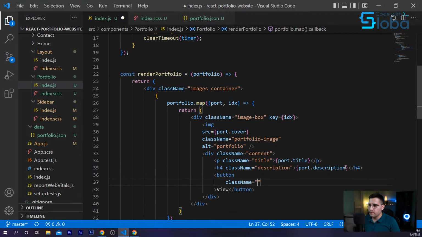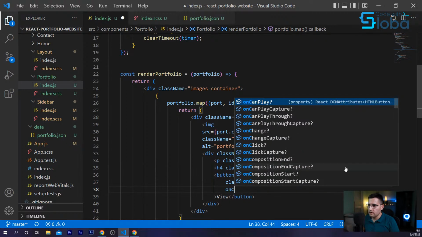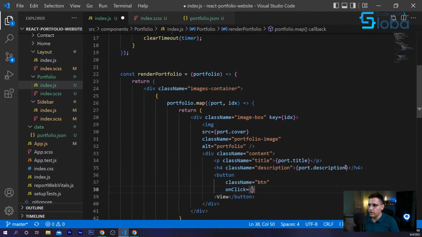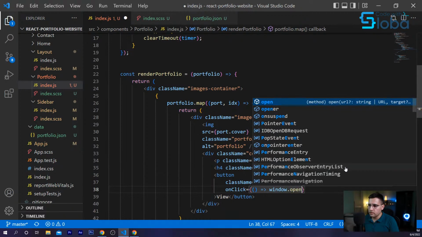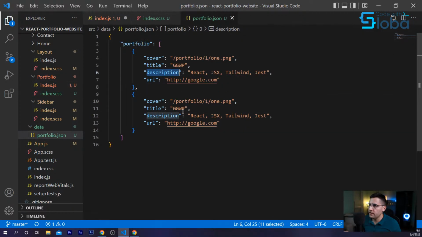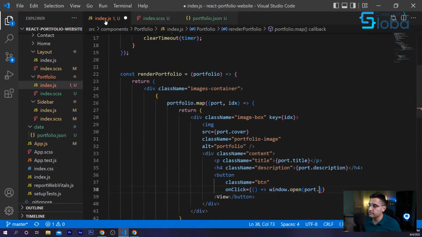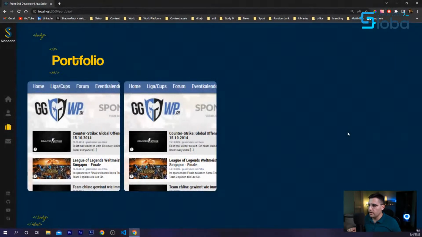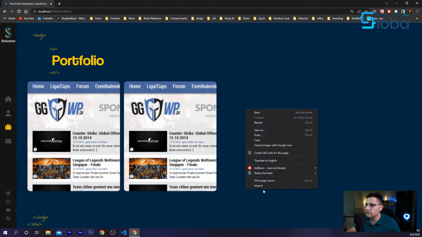Add a class name of, let's say, button, and onClick we can use window.open to open up our portfolio. Port is the name of the object, and the property name is URL. Cool. And let me just check if we have some errors or not.